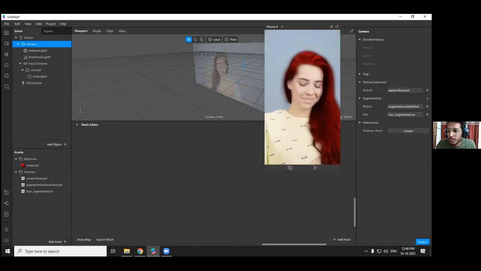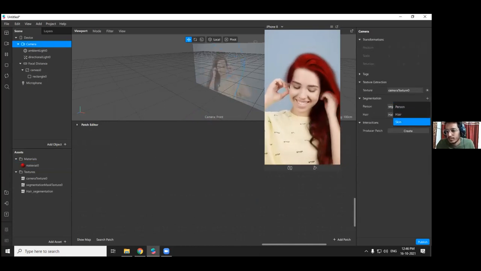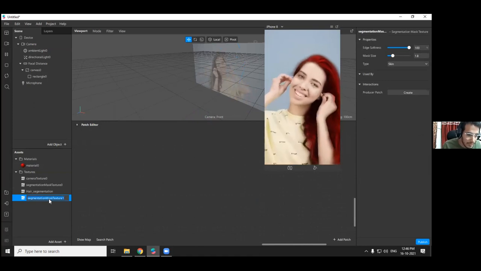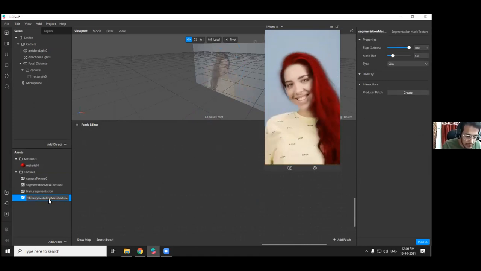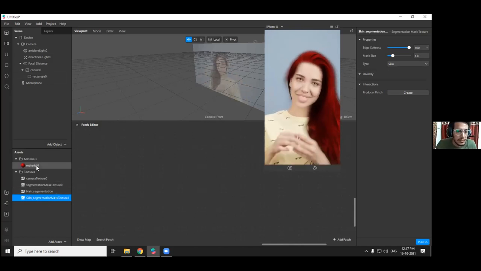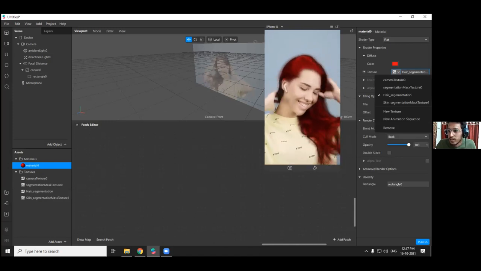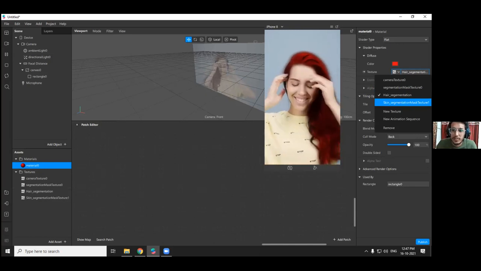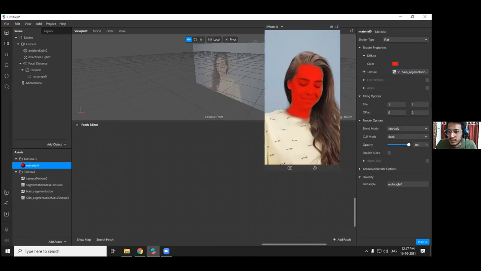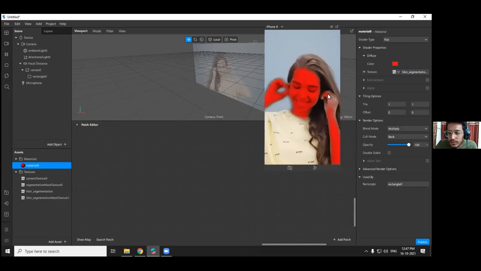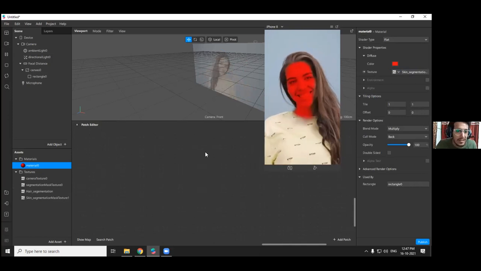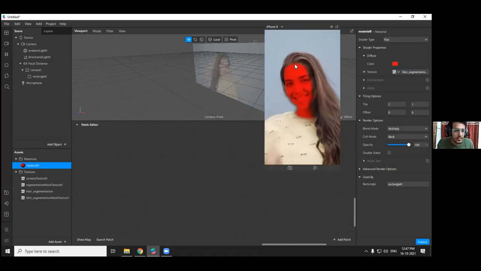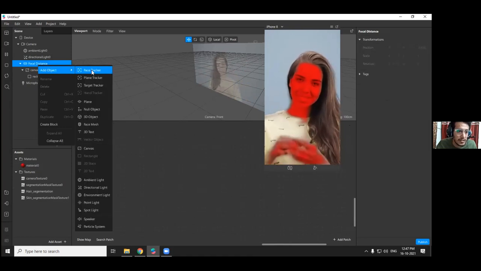Let's move to the camera and add one more segmentation, which is also new, skin segmentation. Let's move to the material. I want to change the color of skin. We will be using skin segmentation. This is my skin segmentation, which will cover all your skin. And if you don't want color on your face, you will be applying the face mesh